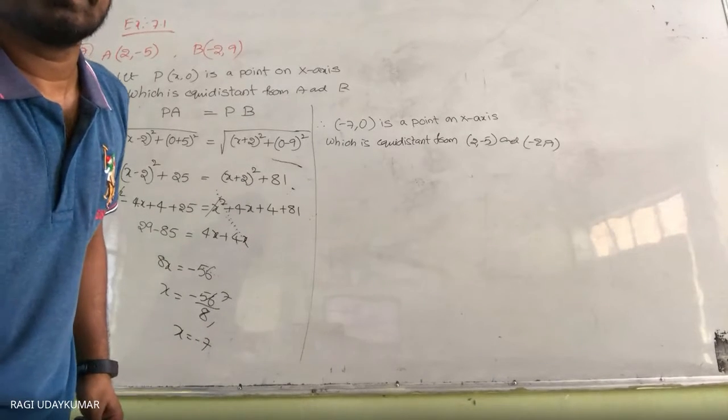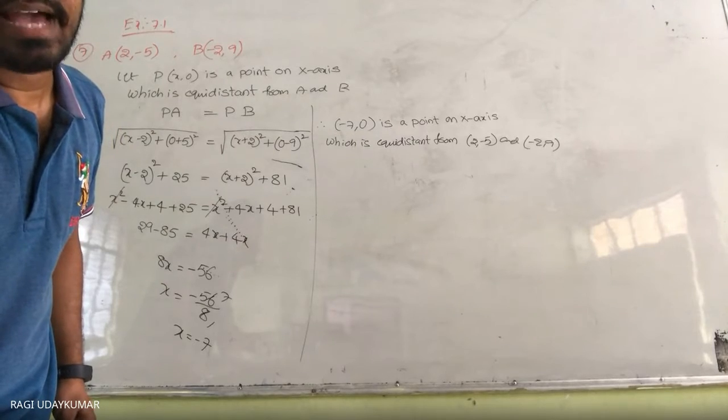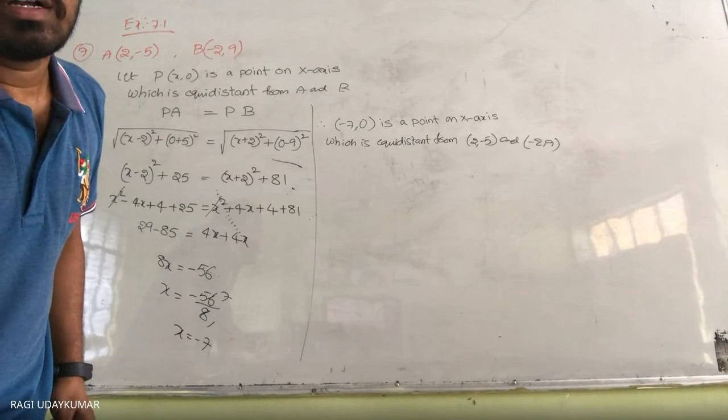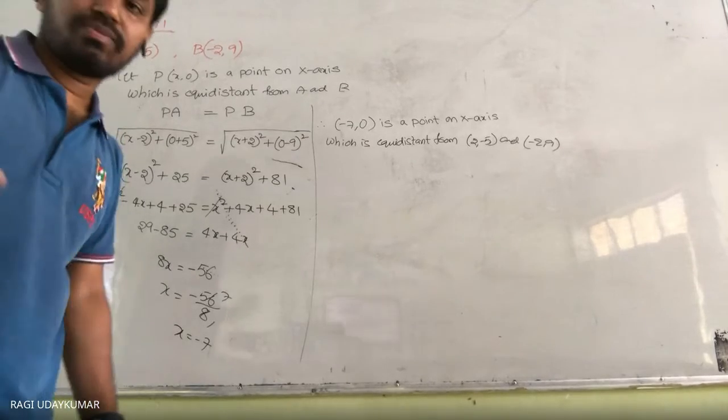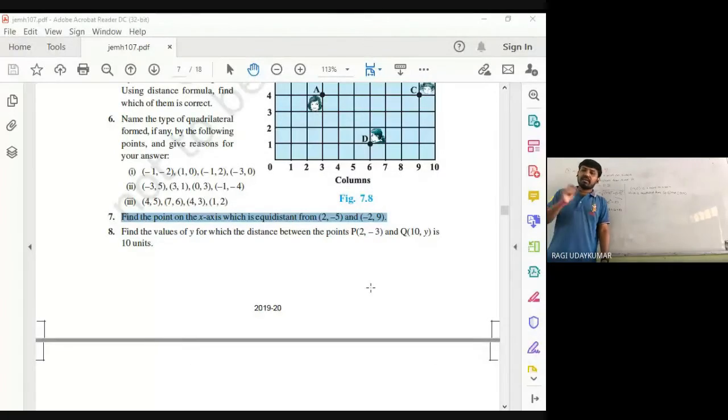Yes, sir. So here the new concept you have learned is that locus terminology I have introduced to you. Locus is nothing but set of the points which satisfy a condition. Set of the points means collection of the points which satisfy the condition. In this previous problem, the condition is that points which are equidistant from two points. If I ask the question, what is the locus of a point which is equidistant